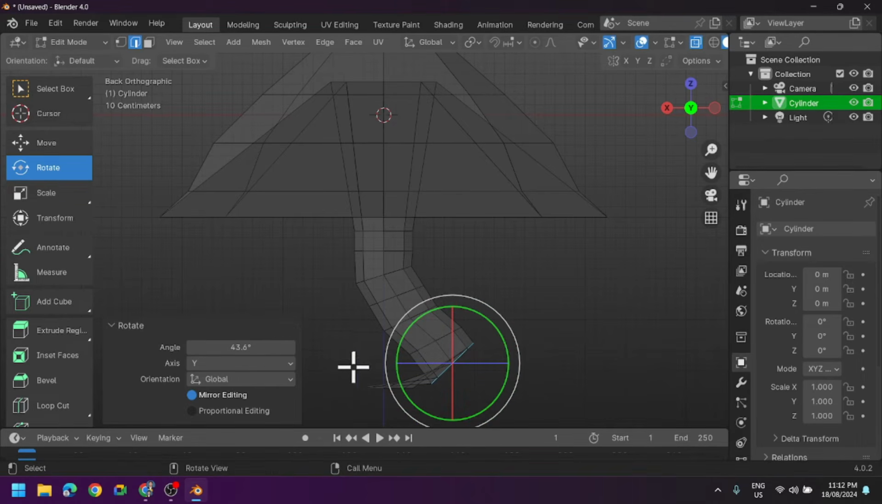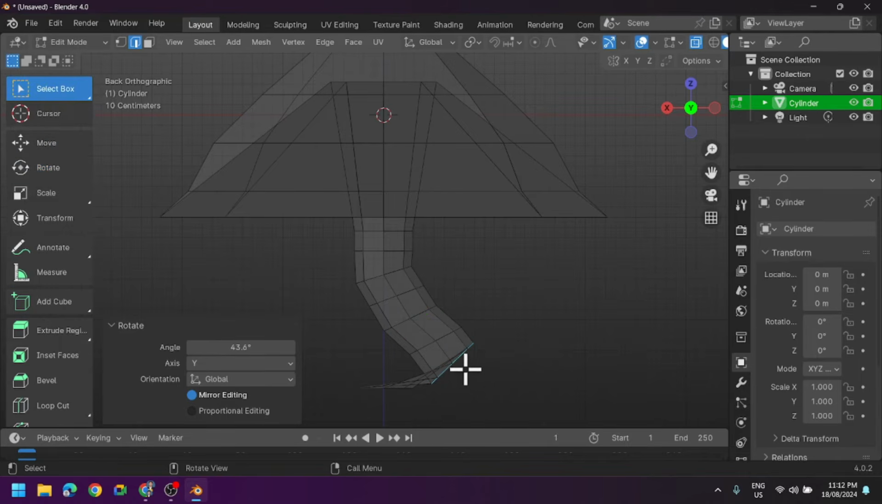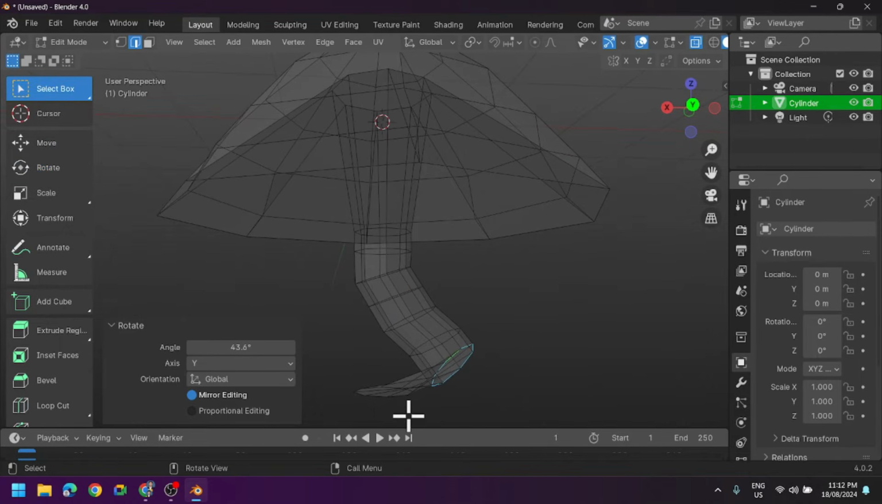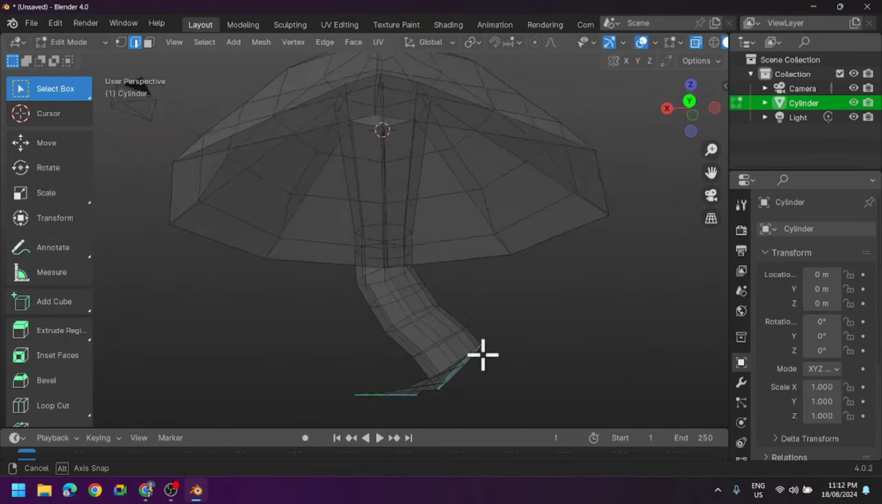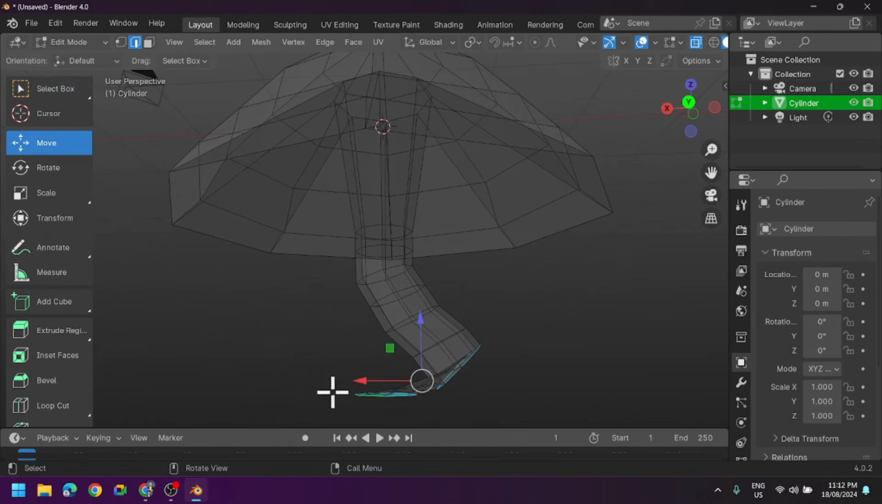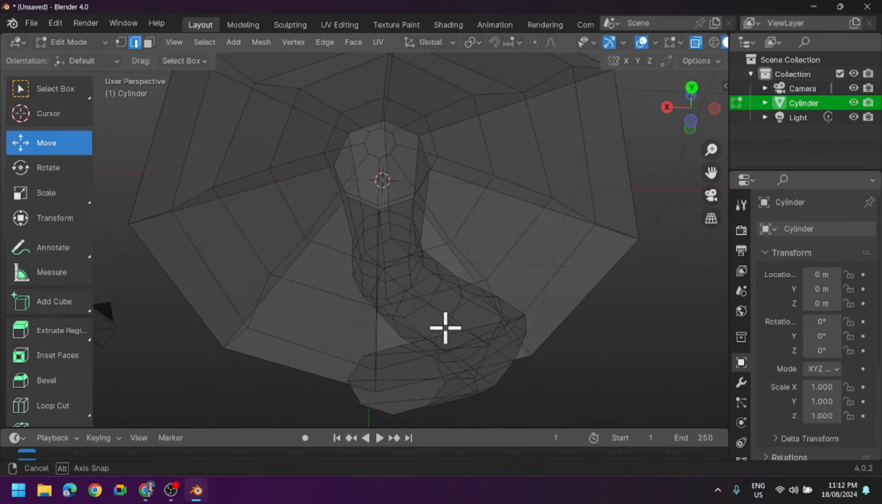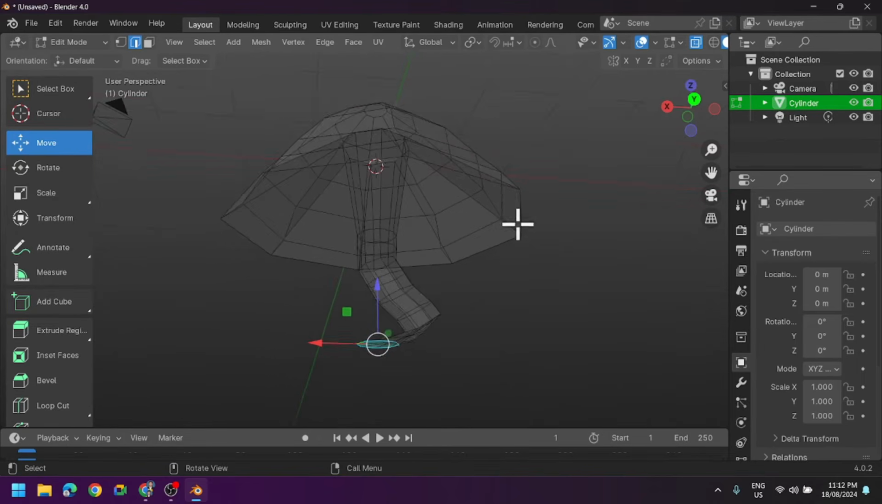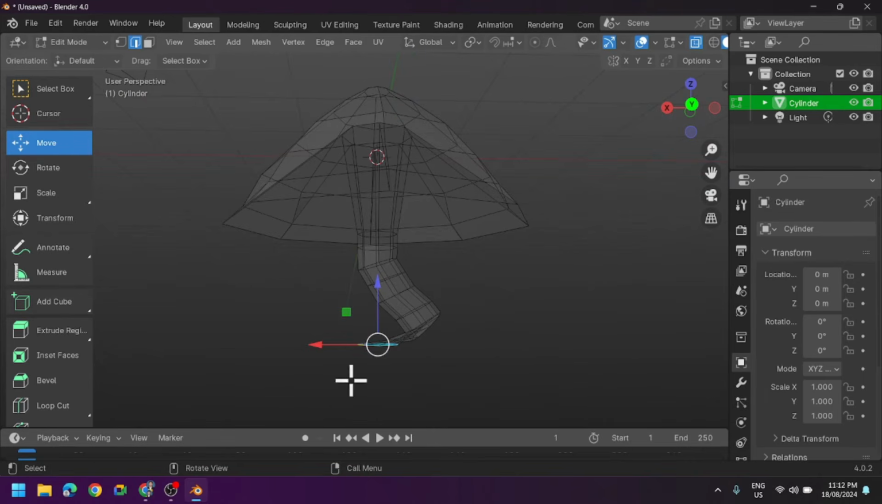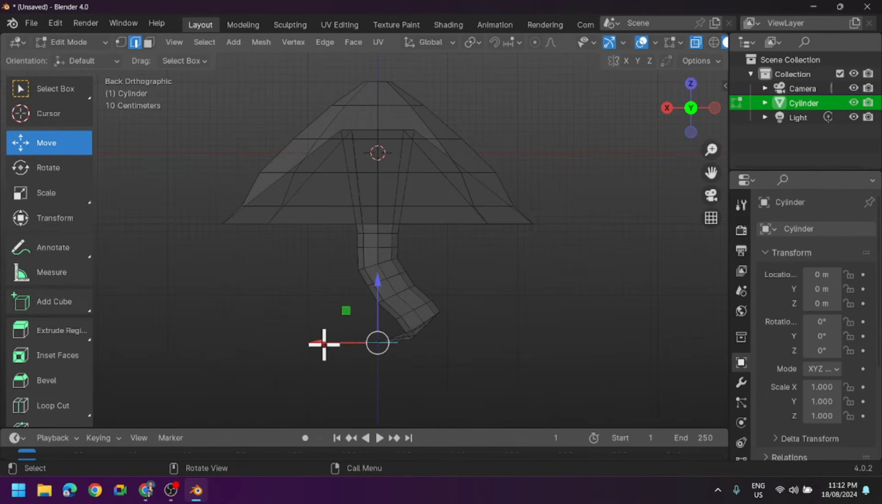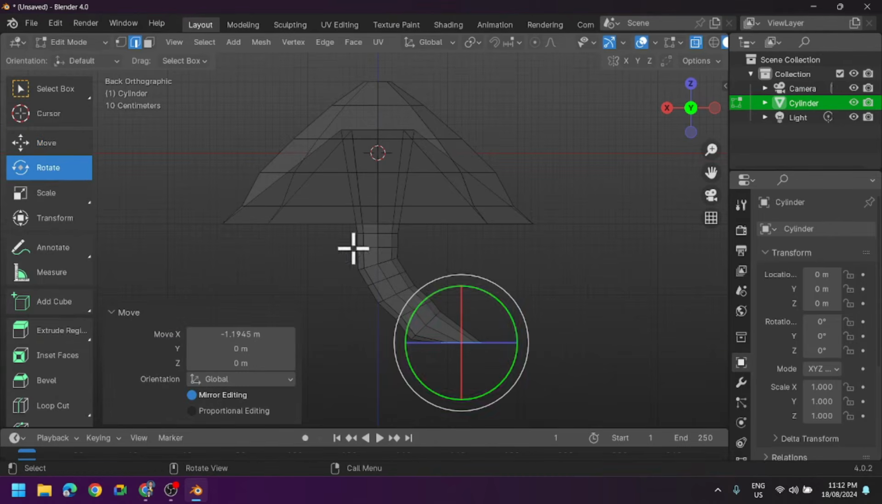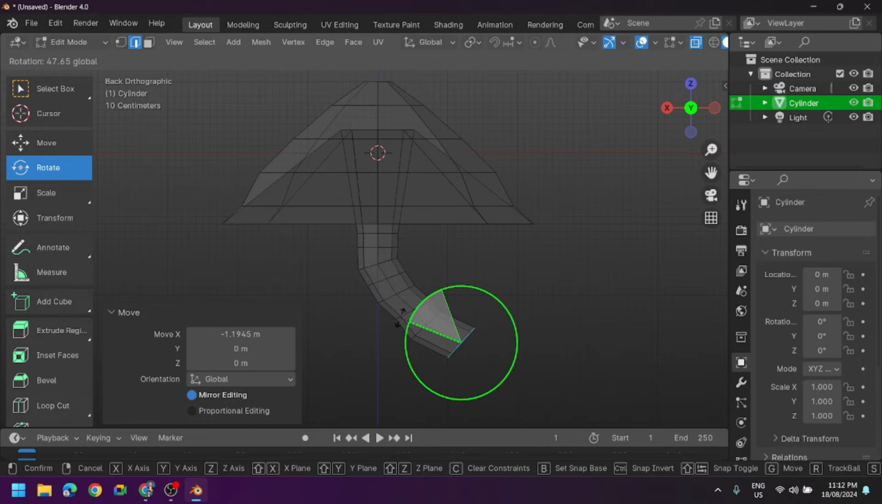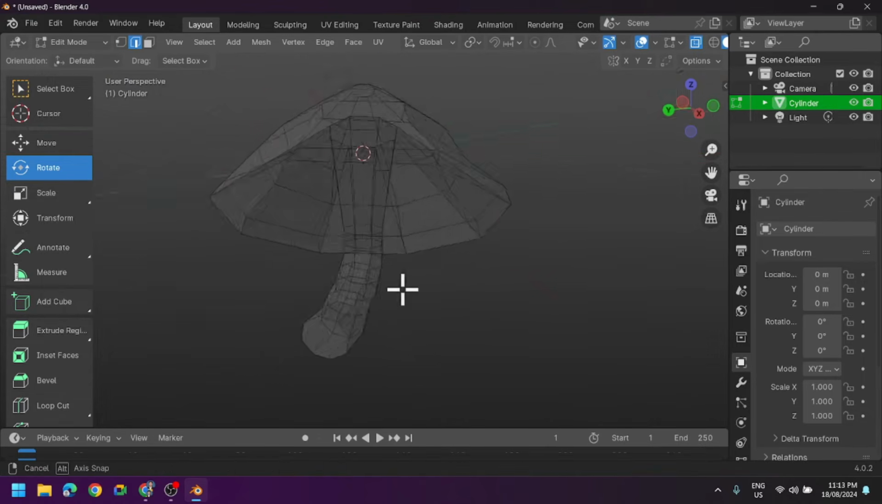This one. Then the last one is Shift Alt select. Can have move. I'm sorry. Shift Alt select. Okay. And then let's move, and then let's have rotate. So as you can see, we have this